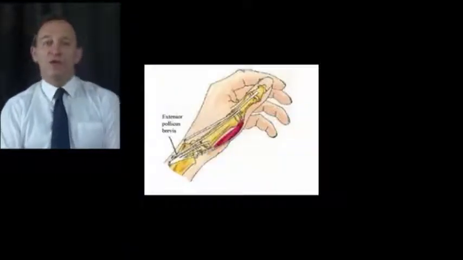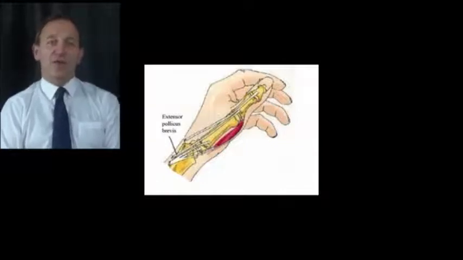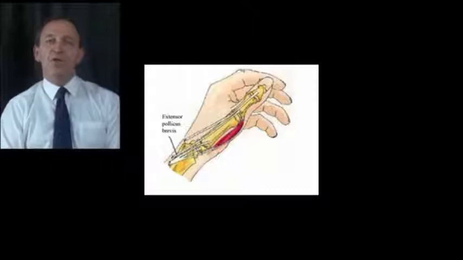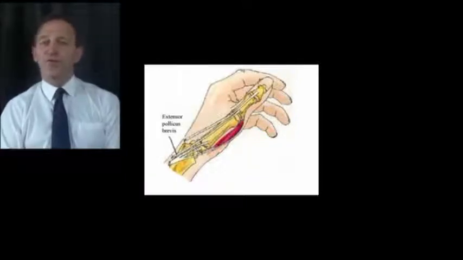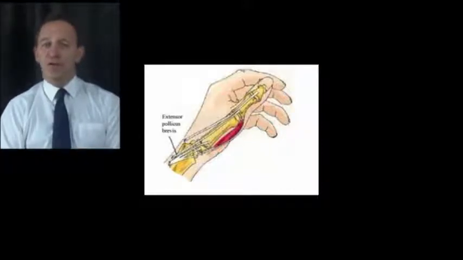We'll next discuss two other common soft tissue problems in the hand and wrist: de Quervain's tenosynovitis and trigger finger. De Quervain's tenosynovitis, named after Fritz de Quervain, a Swiss surgeon who first described it in 1895, is inflammation affecting the tendon of the abductor pollicis brevis or the extensor pollicis longus. It presents as pain across the radial side of the wrist and lower forearm, and it's the most common of